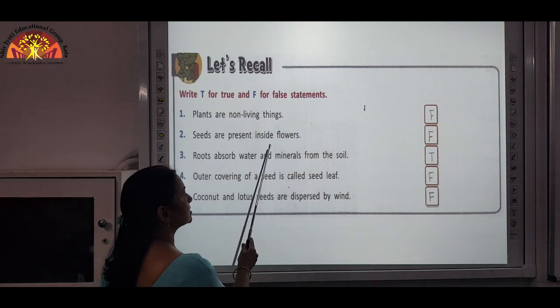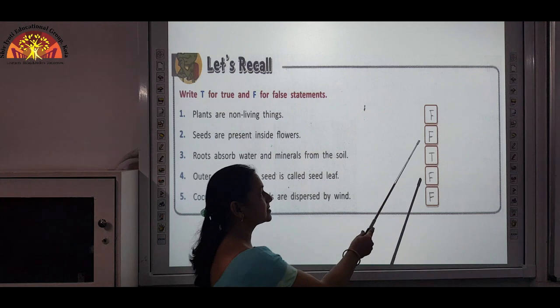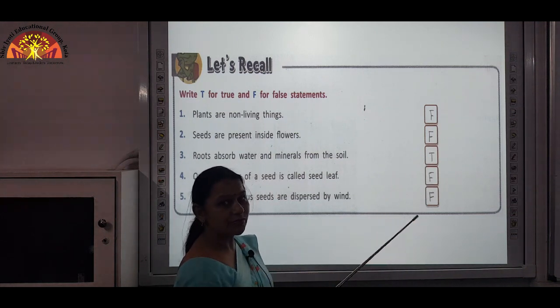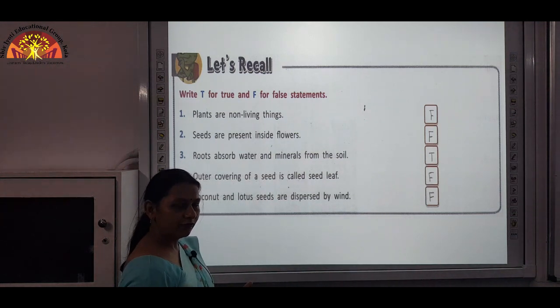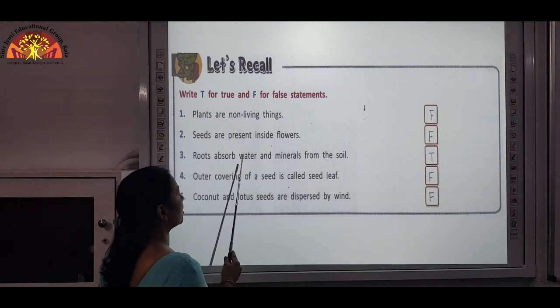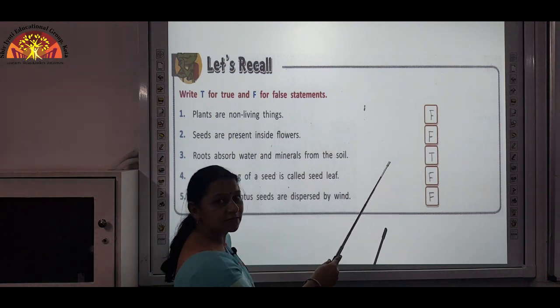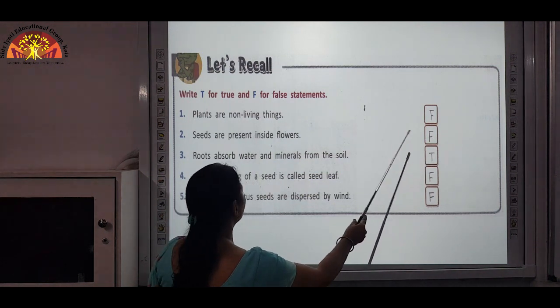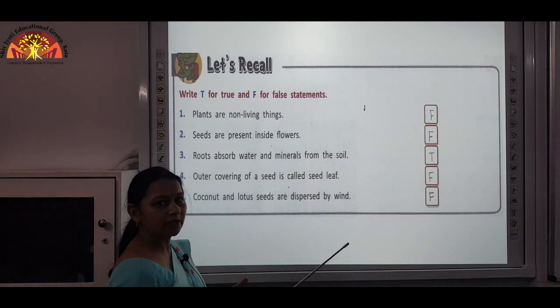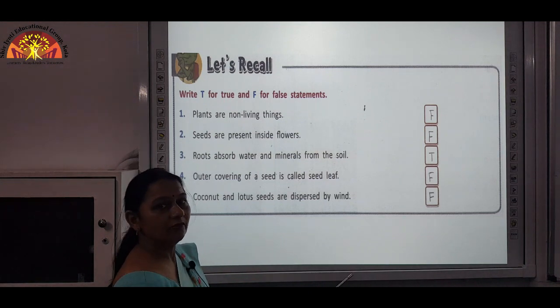Seeds are present inside flowers. Again, this is a false statement, because you know seeds are present inside fruits. Roots absorb water and minerals from the soil. This is a correct statement. So, we need to write true for it, because roots absorb the water and minerals from the soil when